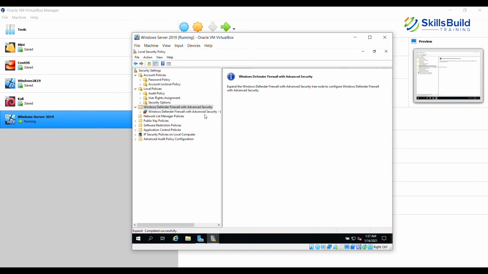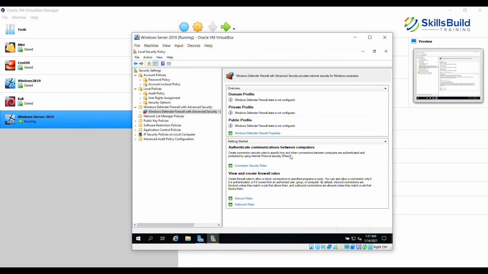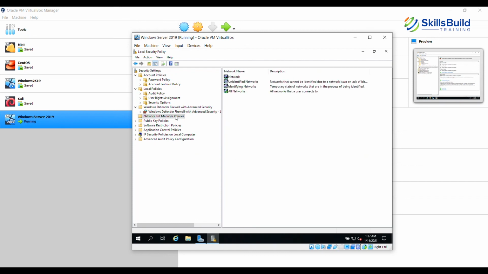Then you have the Windows firewall with advanced security. Now you can configure that environment and you can set down some of the rules and set down the properties using this particular node. And then you have network list manager policy. This is related to the networks that are there within the system. And public key policies are to do with the certificate services.